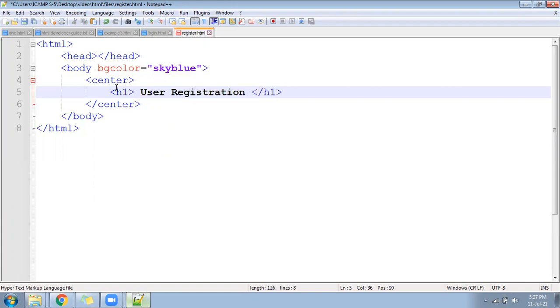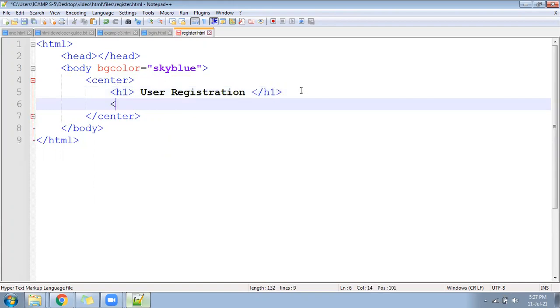User registration. Coming down in a paragraph again, please fill the form with your details. Something we wrote here.